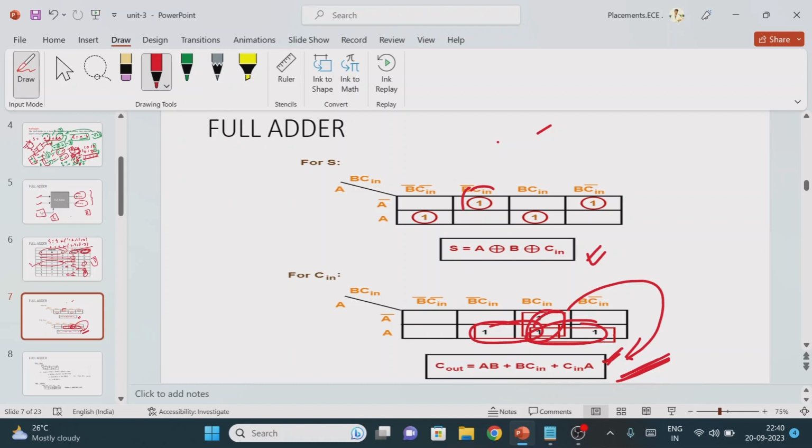But in rare cases you will get grouping of single ones. Internally, it means you are directly writing input equal to output. If it is single ones, in this case we can further minimize the function. What minimization technique do we need to use? We need to use the Boolean minimization technique. After using it, we will get the output as A XOR B XOR Cn. So directly for carry we are getting this expression, right?